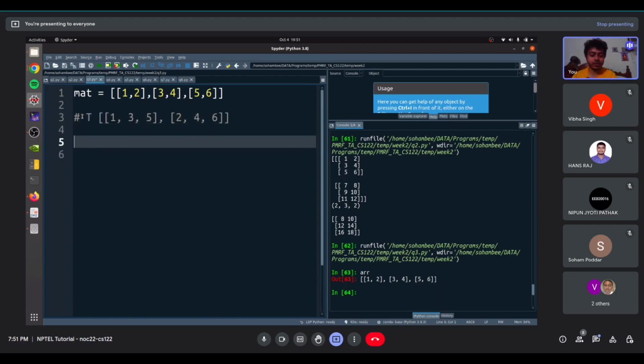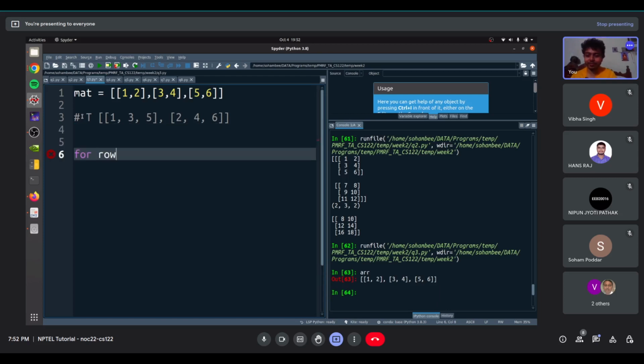To do it using just a Python list, we can obviously use for loops. I'll just use list comprehension, so we'll try to do it in one line. So we are basically writing loops for, say, row in matrix. For row in matrix, what do we do? Now can we actually do it in a single line? I'm not sure. Let's just do it one by one, then we'll shorten it up. For row in matrix,